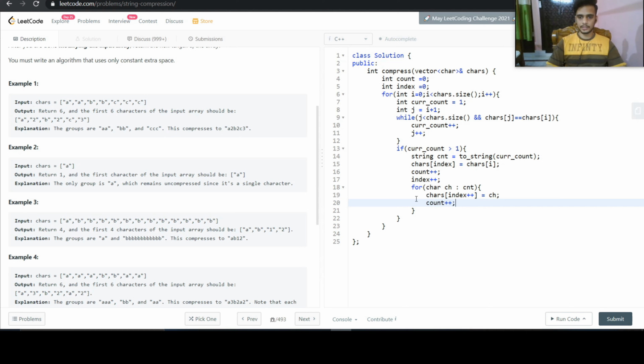So that we keep hold of the characters that we have used, we need to return this count. And else, if there is only one character, we don't have to go through all this hassle. What we will do is just insert the character into our index and then count plus plus and index plus plus. That's it. And at the end, we need to return count.